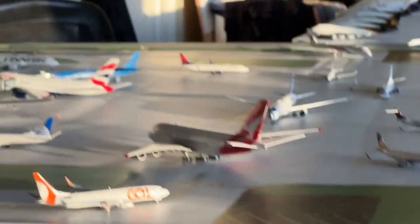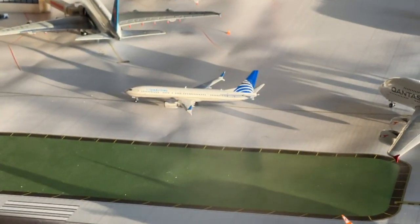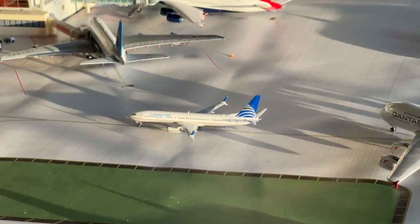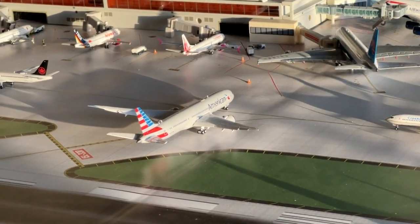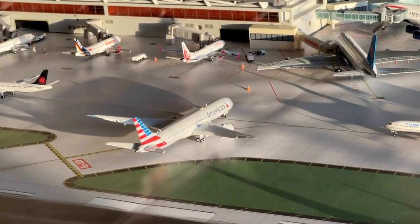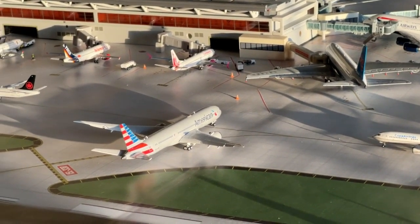Okay, and next we'll get all the taxiing planes on this ramp, and then we'll come over here and finish off the update with all the low cost and Southwest gates. So here we have a Copa Airlines Boeing 737 MAX 9 coming in from Panama City, of course. And taxiing off the runway, we have an American Airlines Boeing 787-9 just coming up after a flight in from London Heathrow. This aircraft is now going to be making a flight today over to San Francisco, which is a